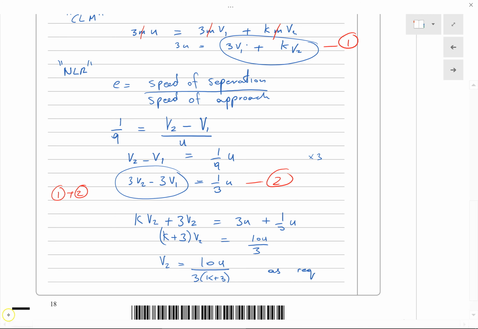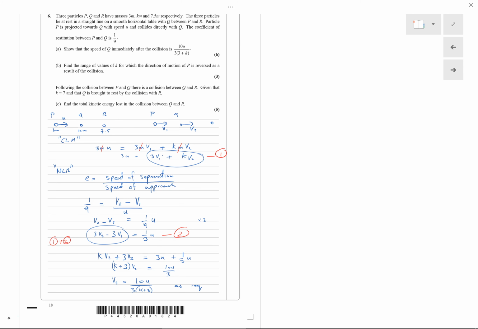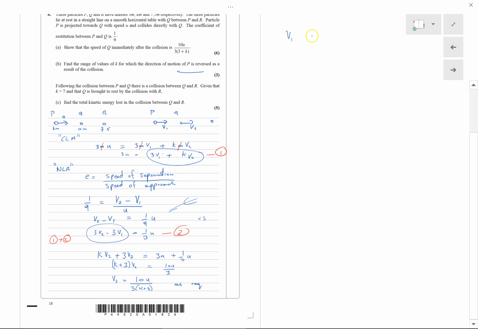Okay, let's have a look at the next part. For the next part, we really need to work out V1 because it starts talking about the direction of P. So we're going to need to find what V1 is, but we've worked out V2 in terms of K, and we can easily work out V1. If we look at this equation here, V1 is equal to V2 minus 1 over 9U. So that equals 10U over 3(K plus 3)